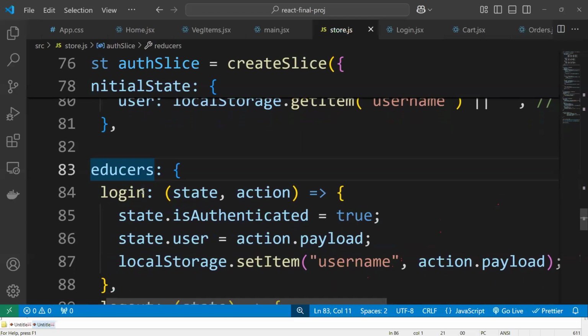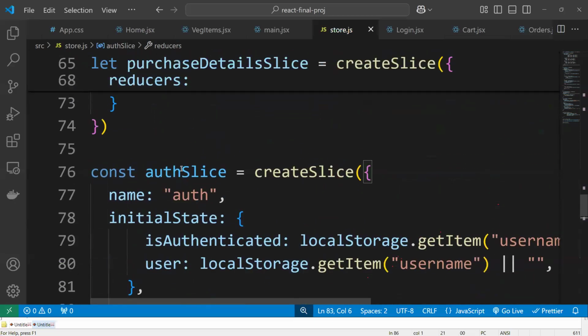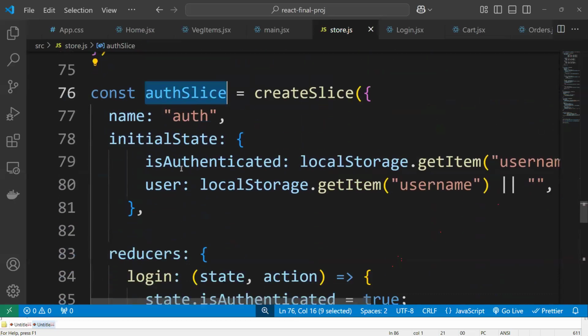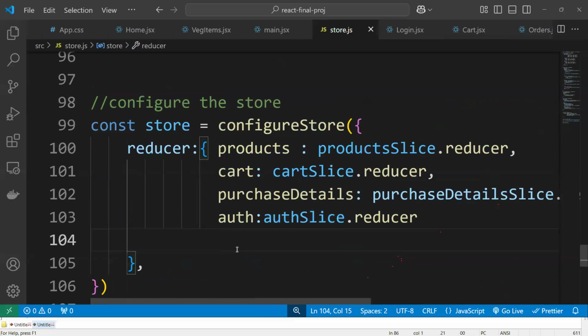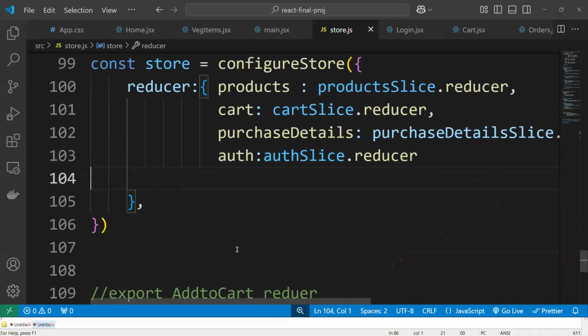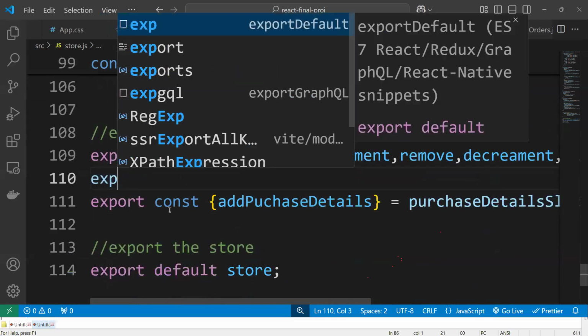You created the data here. Click on what? Reducer. Authentication slice, and you created the slice, you configured the slice. Third step is what? We have to export. How to export? Tell me now. Export,